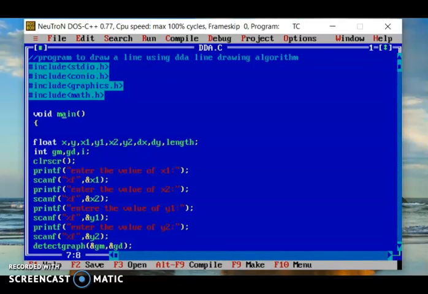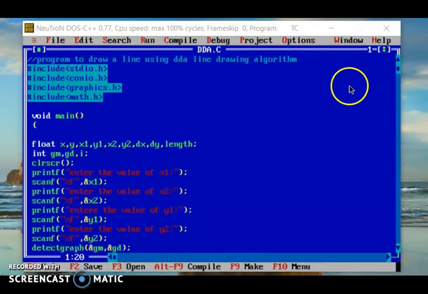You have to remember that you have to perform this computer graphics program in Turbo C software. After typing your program, you have to save it using the File menu. First, we use #include <stdio.h>, the standard input output header file.